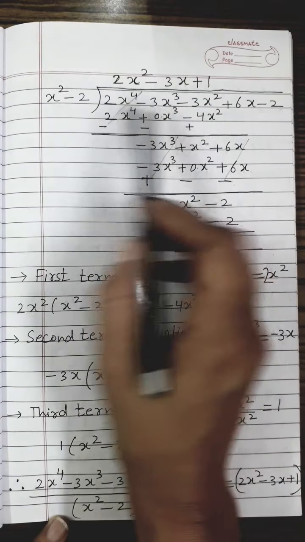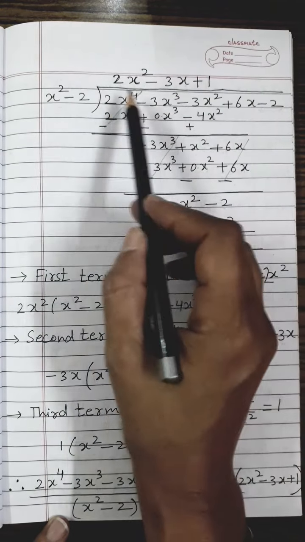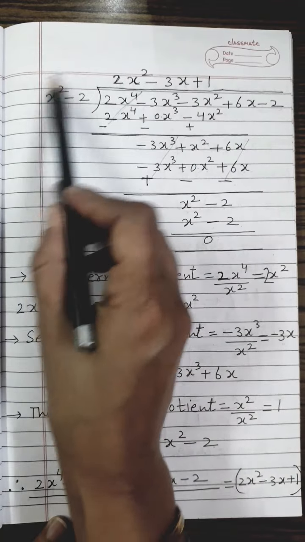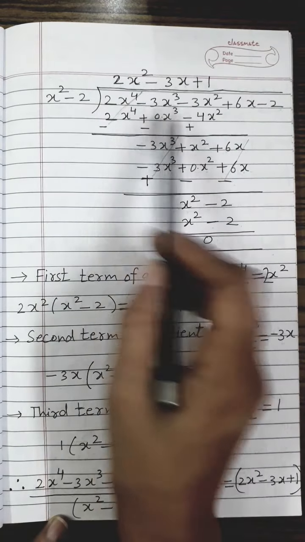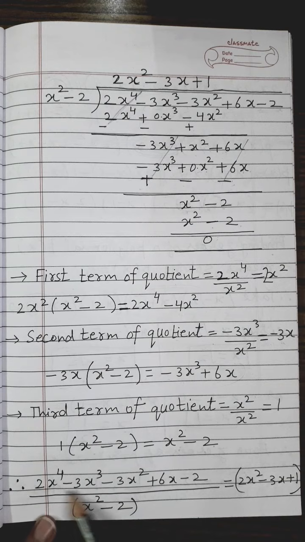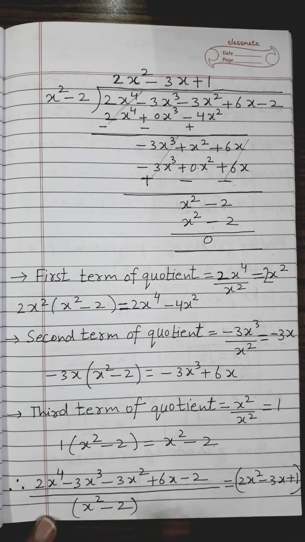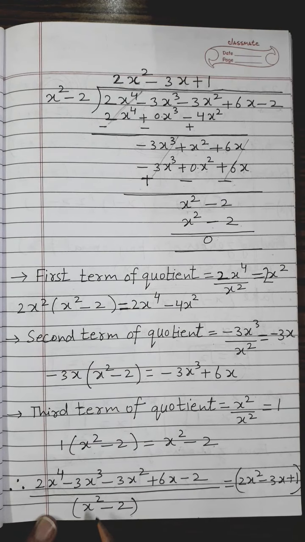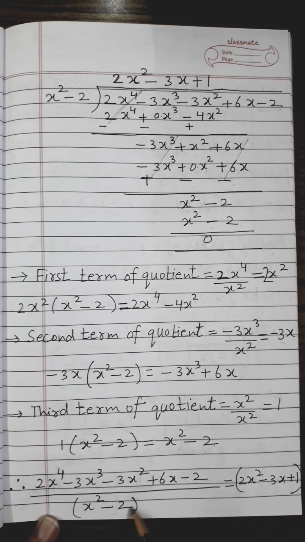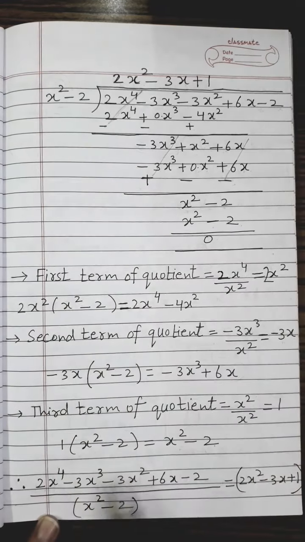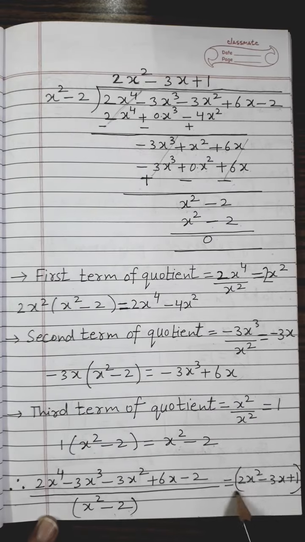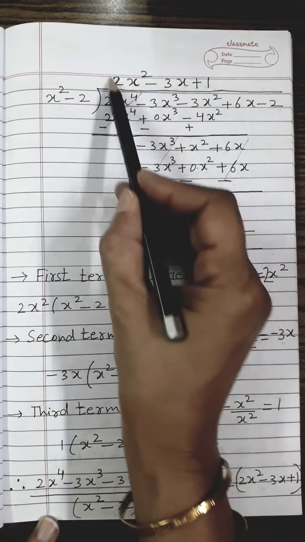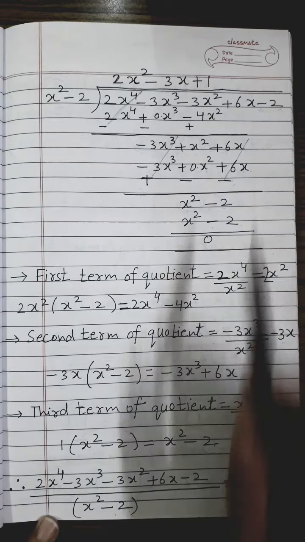Now this division process, what we write inside the division, this is your numerator and this is your denominator. So this I can write in the fraction form like this. This is the dividend, I write down the numerator, and the divisor, I write down the denominator. So numerator divided by denominator, where the numerator is the dividend and the denominator is the divisor. This is how we always write it in the fraction form. Whatever answer you will get will be the same as the quotient which you have obtained in this division process. So I can write it down like this.